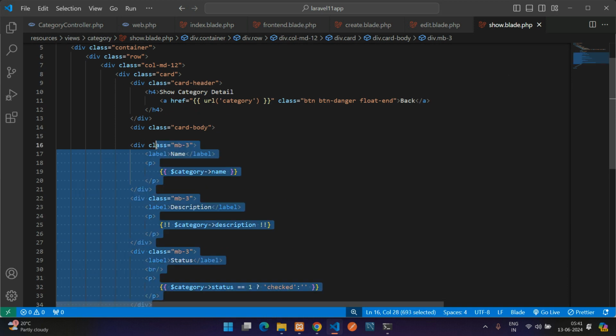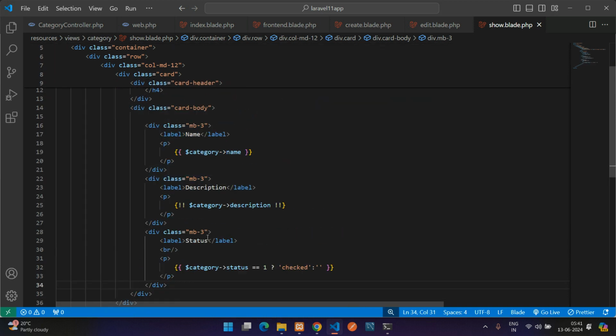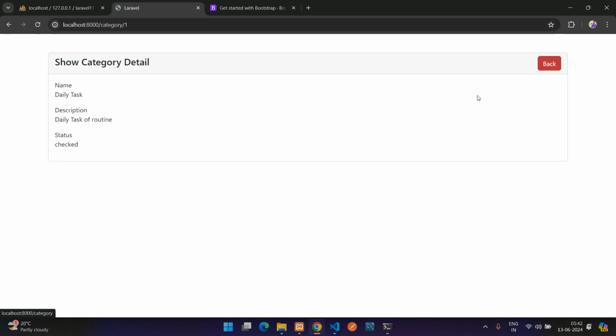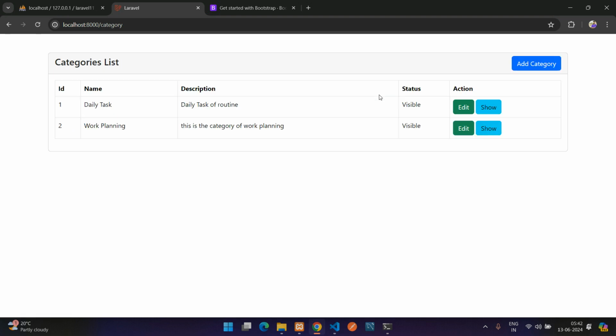Okay, and let me just push this. Cool. So this is my card body start and card body end. Now you can get back, refresh. Perfect. Yes. So guys, we have just completed with the show also, and now finally we have to work with